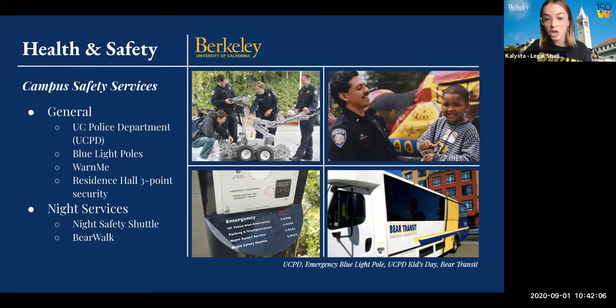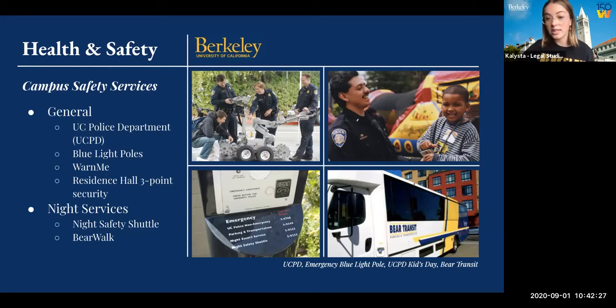The night safety shuttle is my personal favorite. There's a shuttle that goes all around campus and in the city of Berkeley that shows up every 15 minutes to any location that you can be picked up from. And it's super nice if you're studying late in the library and need to get back to your dorm, or if you're studying at maybe a friend's dorm.